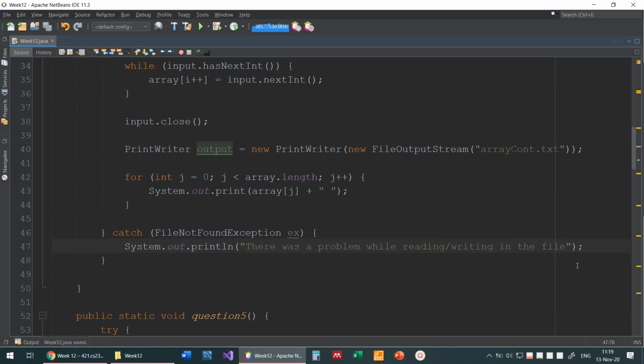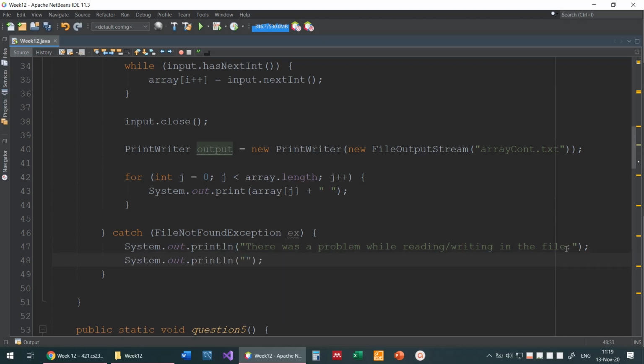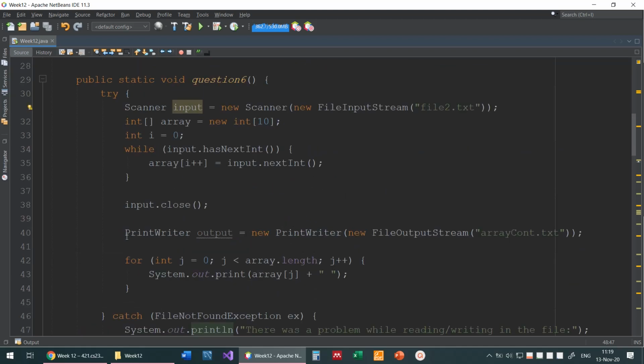the file, and I can just be more specific by adding this ex.getMessage. The get message will give me the detail of the exception. So if there's some message that comes with the exception, I will see it, and I will display it now in the console. So I have opened the file, hopefully successfully, and then once I open the file, I have